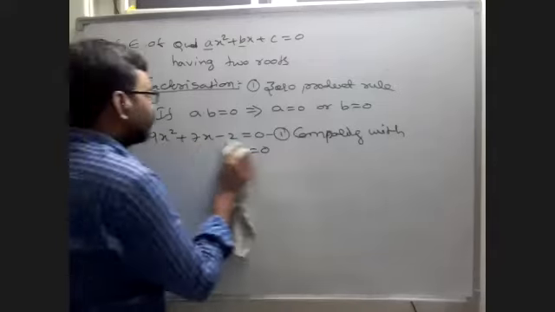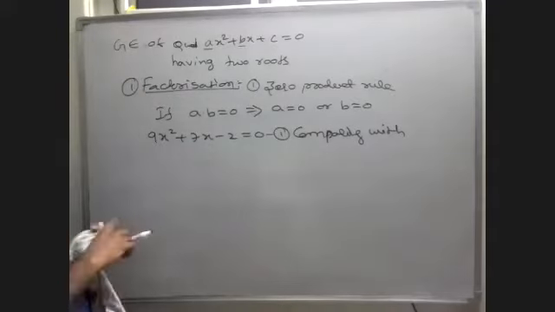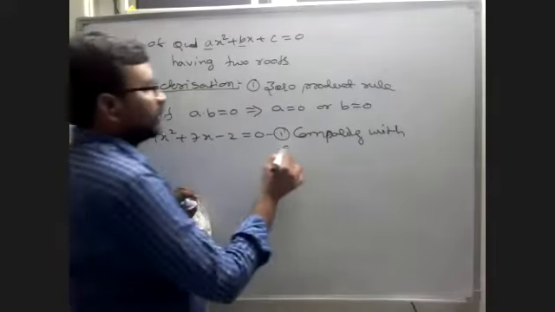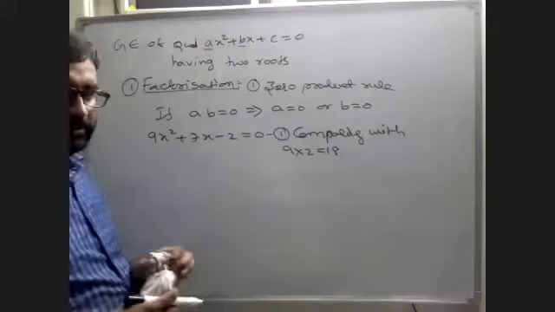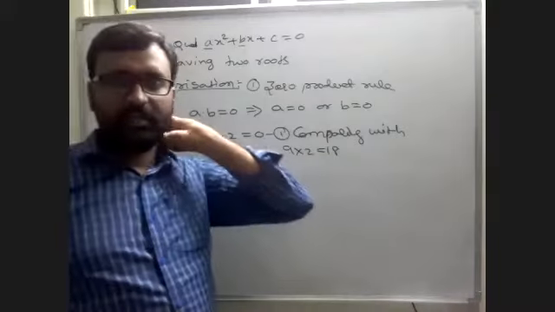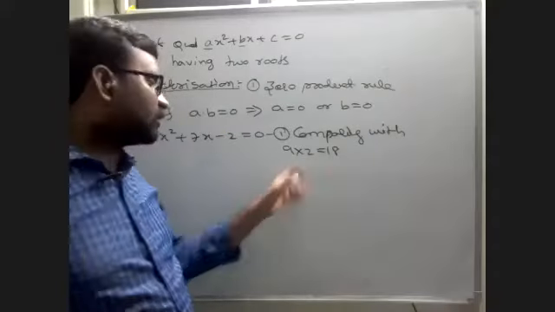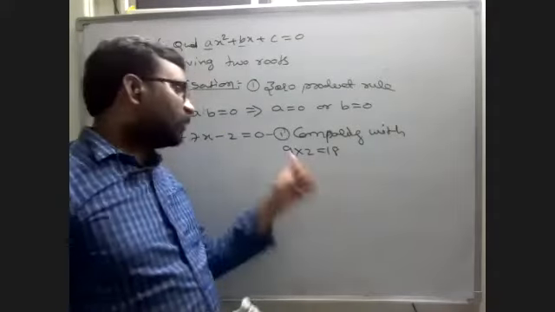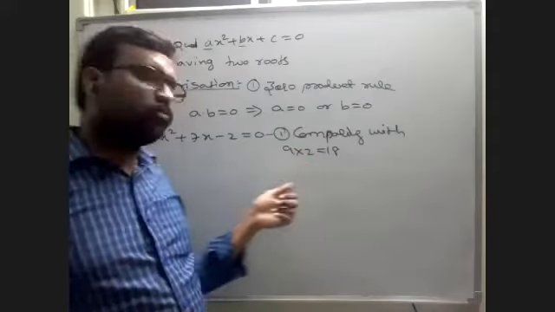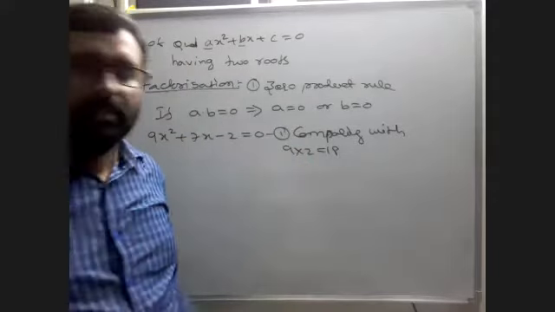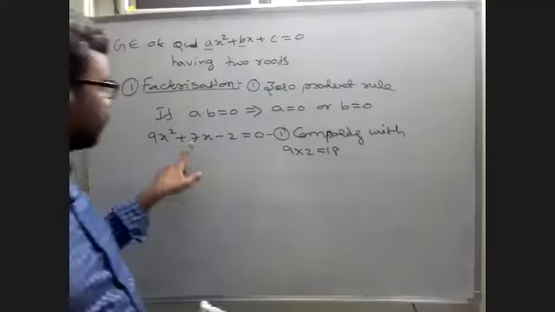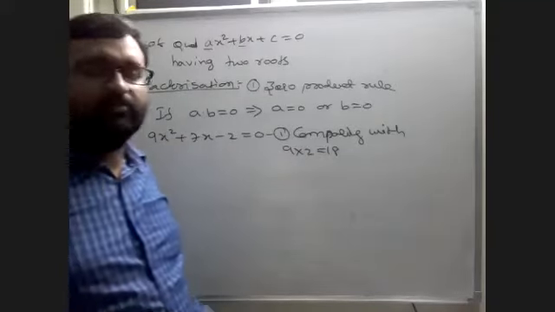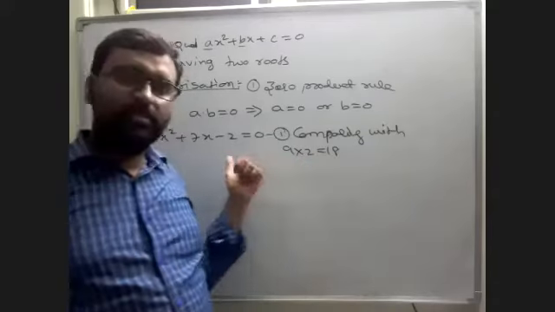Now we are doing factorization. Now see here, 9 into 2 is 18, and there are more factors for 18, but we will check first from 9 and 2. 9 plus 2 or 9 minus 2. If we get this middle term, the x term, it is over. 9 plus 2 is 11, but this is 7, so we are not getting it by adding. 9 minus 2 is 7, we are getting that.